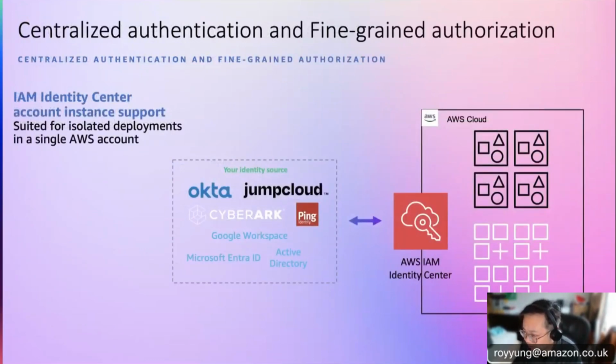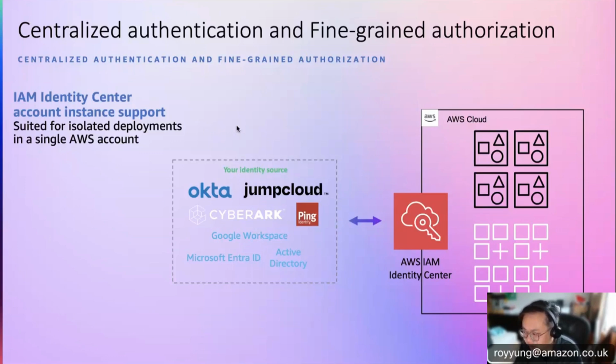And last year we also added an integration between QuickSight and IAM Identity Center account instance. Previously, we already supported the integration with the IAM Identity Center organization instance. And last year, we added support for the account instance. So what does it mean? For example, in your enterprise environment, or if you have a sophisticated AWS